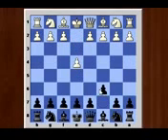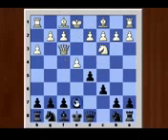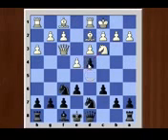e4, c6, knight c3, d5, knight f3, bishop g4 pinning the knight, h3 attacking the bishop, bishop captures f3 and queen captures f3, e6, b3, knight f6, bishop d2, knight d7, long castling for white, and d4 attacking the knight, knight e2 and queen d6,